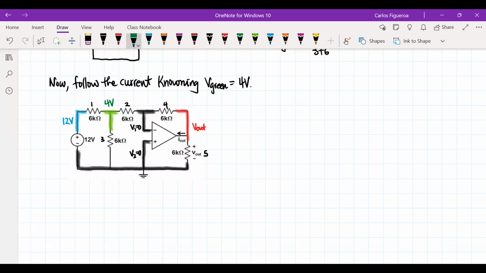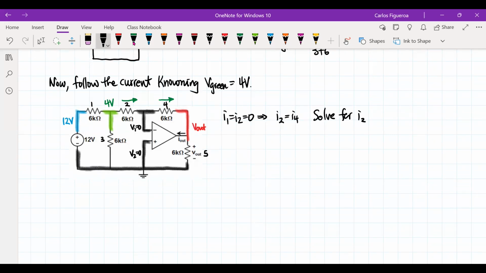When I look at the current, note that the current is moving in this direction. Because there's no current going through the V1 branch, that same current has to go in this direction like that. So because I1 equals I2 equals 0, the current of the 2 resistor must be the same as the 4 resistor. So now I'm going to solve